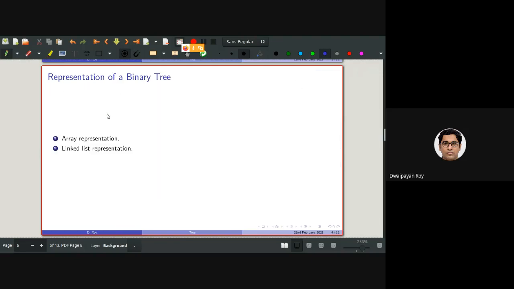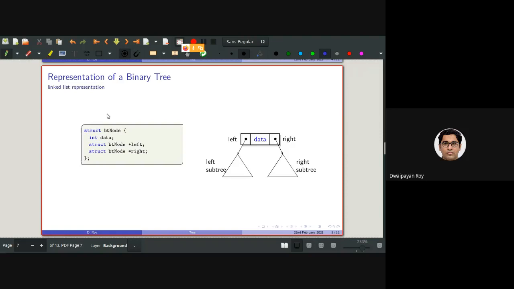All right. The next representation of a binary tree that we will be discussing is the linked list representation. We will be declaring a structure containing the data part as well as two pointer parts of the same structure. If I consider one object of this structure, it will look like this.